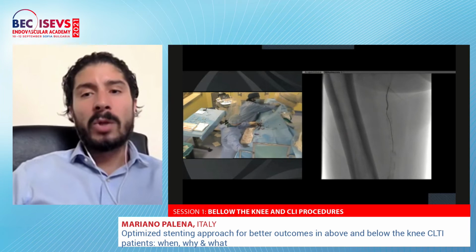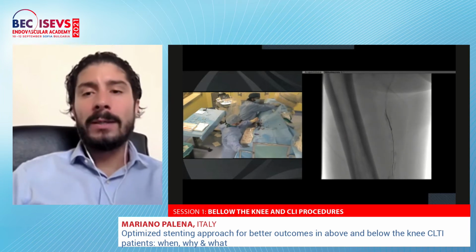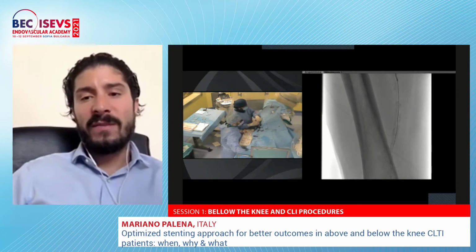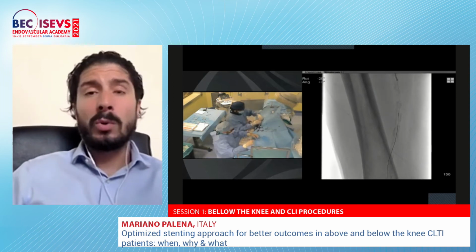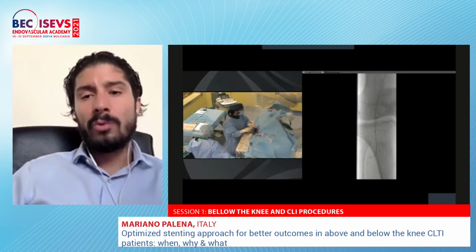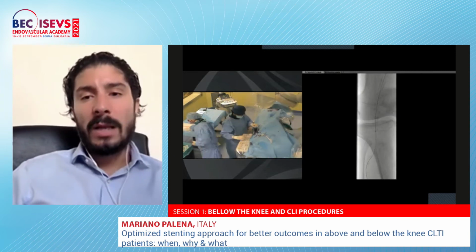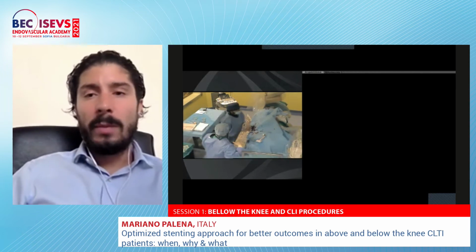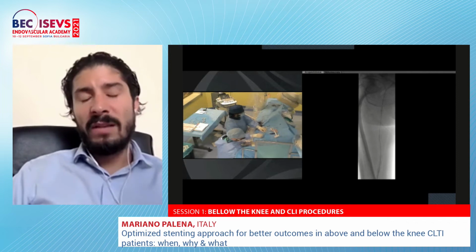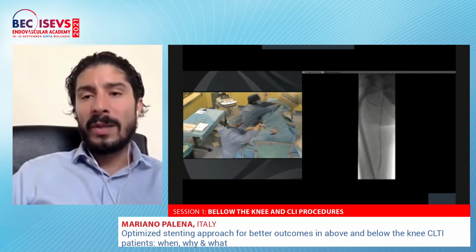So probably the proximal cap was so hard, but finally in the distal part of the SFA, the chronic occlusion was a little bit more soft, and I was able to penetrate and arrive to the popliteal artery, pre-dilate with a 4 millimeter balloon, and engage the anterior tibial to leave the guide wire in a non-complex place,